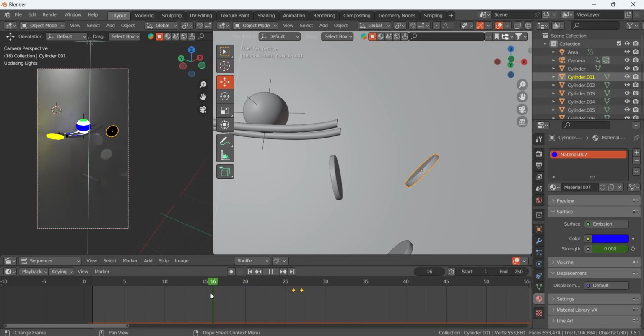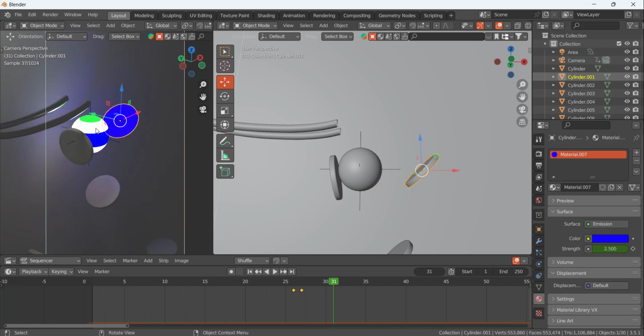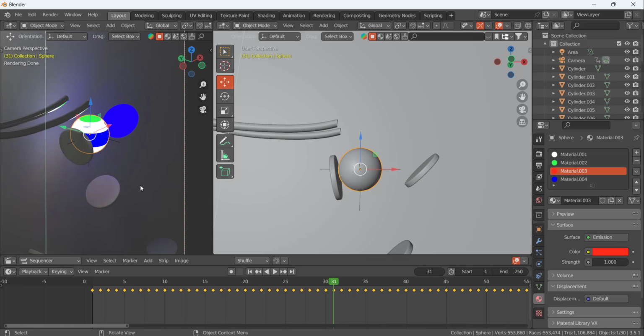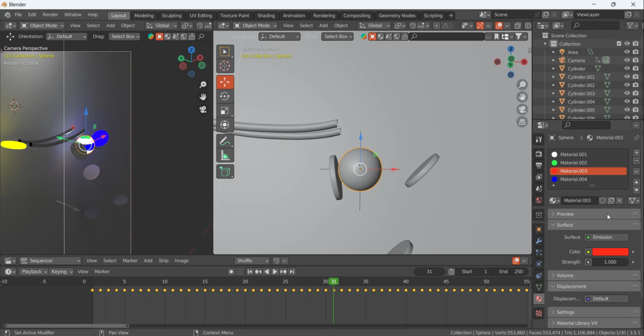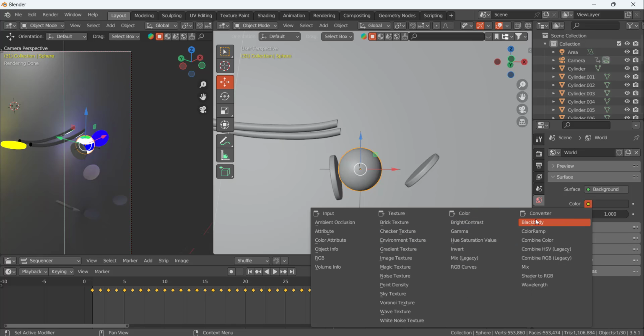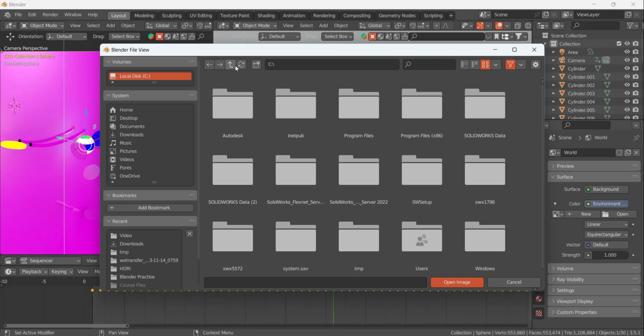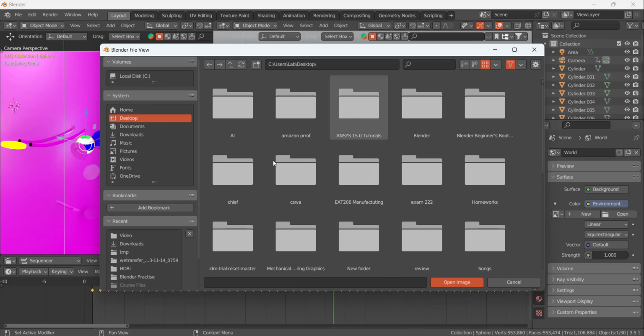So it will light it, and then go here. So for the next one, let me see if we can add an HDRI image environment texture. I am going to open it and go to the